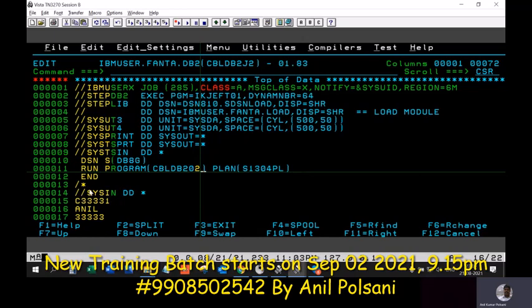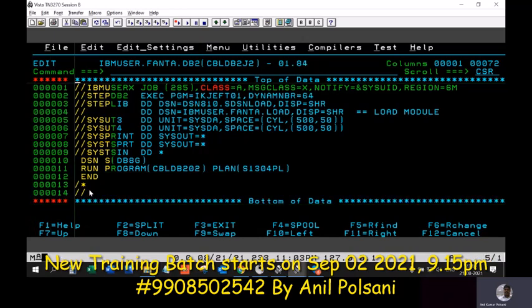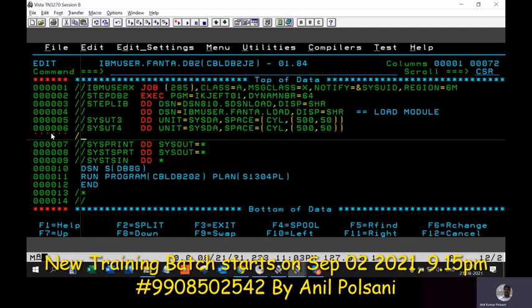All I need to do is the input is from the file. For this JCL, my input is from a file, so I need a file input. I can write claim DD, DSN equal to IBMUSER dot claim in.